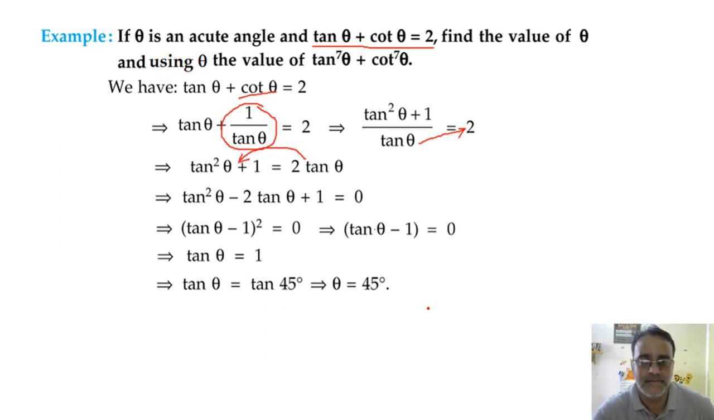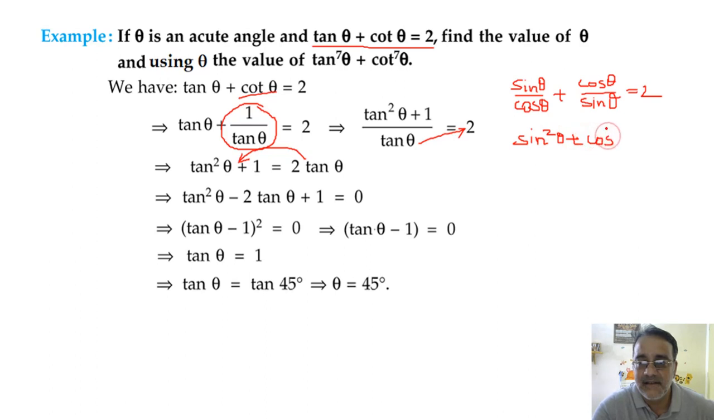Sure. Yes, sir. Okay, I'm telling the second method, look carefully, that is also easy. What will we do? Sin theta by cos theta, this is tan theta plus cot theta. We can write cos theta by sin theta, and this is equals to 2. Now take LCM here. So if you take LCM, what will you get? Sin square theta plus cos square theta